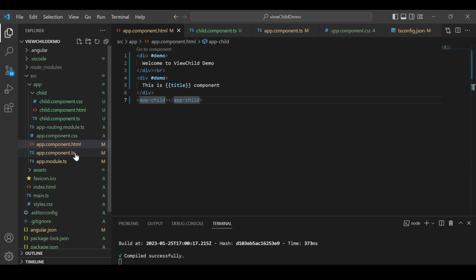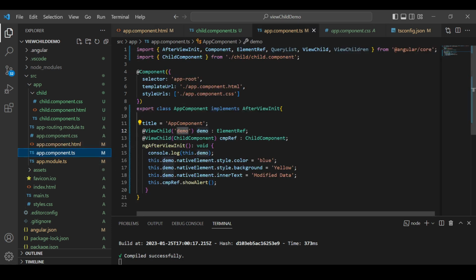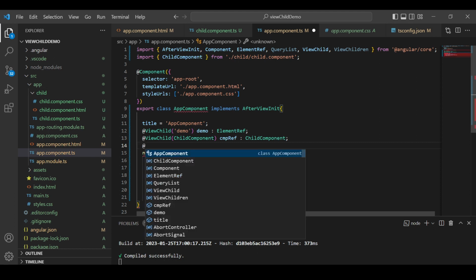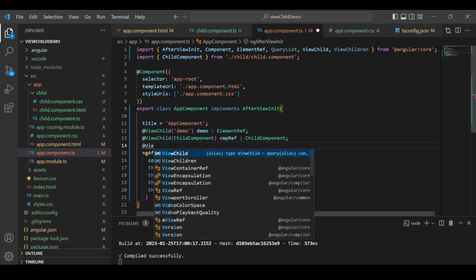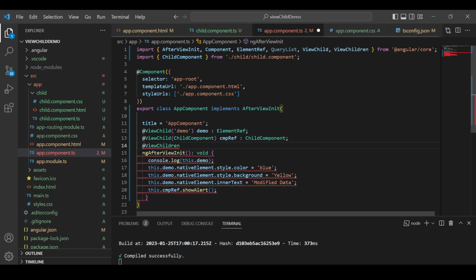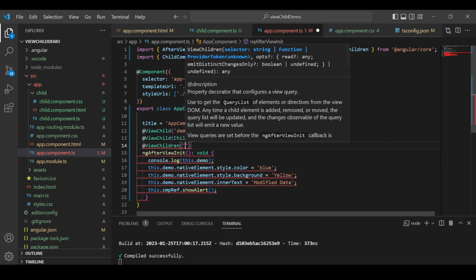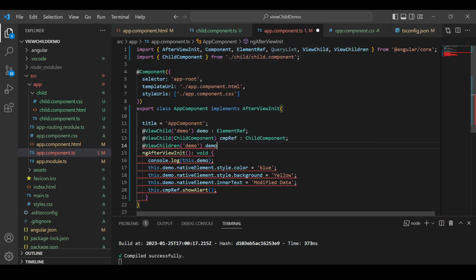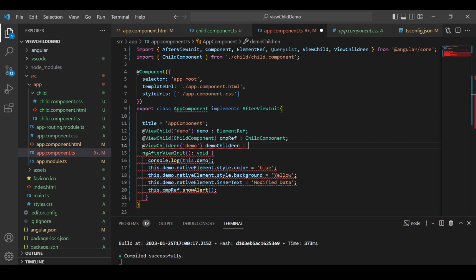But unlike ViewChild, we have another one called ViewChildren, which will point to all the DOM elements. So we can write it like this, ViewChildren, and inside this we can write demo, then we can say demoChildren. This is the reference variable, and again their return type will be